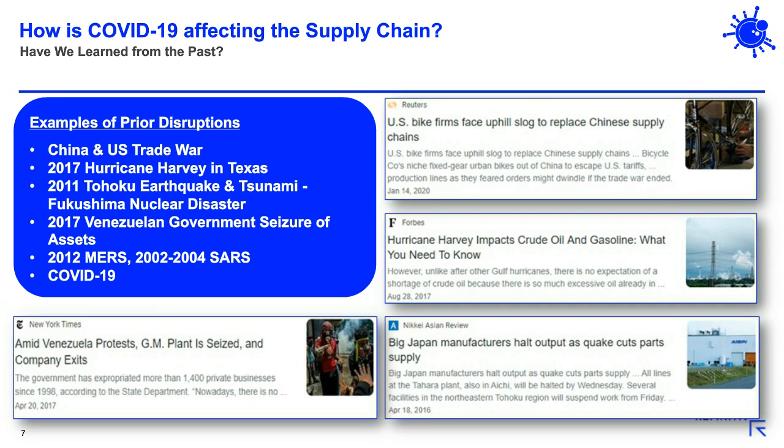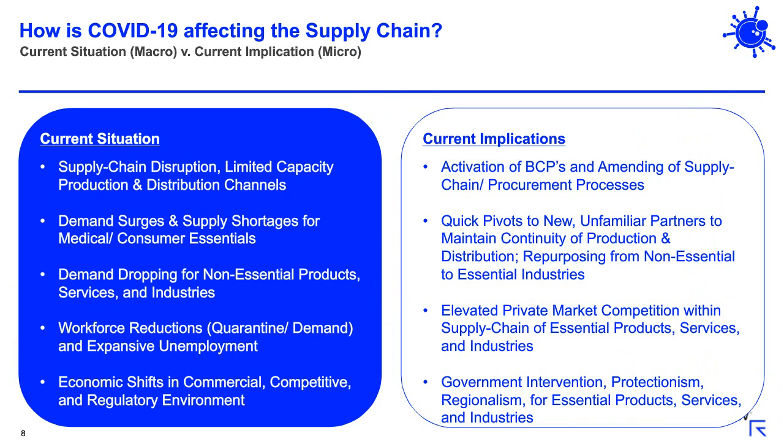Thanks, Charmaine. In terms of how it's affecting supply chain today, obviously this is unprecedented. We've had previous disruptions, as Charmaine just reflected upon, that were geopolitical in nature, natural disasters, man-made, more so in terms of cyber attacks, but also biological epidemics. Obviously, COVID is unprecedented in the scale and size of disruption it is causing. Our current situation, the disruption that's already occurred, is already here. As you can see on this slide ahead of us, the supply chain disruption has occurred.